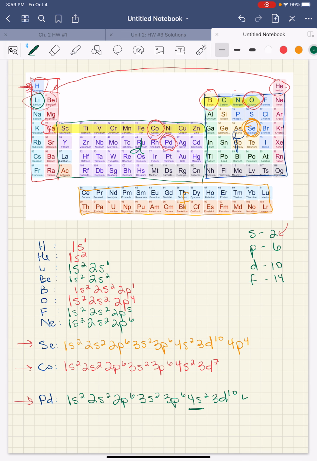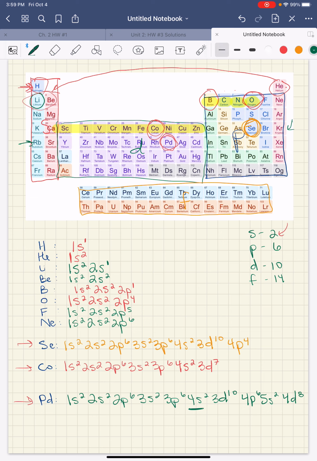After 3d, we're at 4p, and we're going to have to go to the end of that row. So we're here at krypton. Okay, now we're right here in 5s, and we're going to have to keep moving past 5s. And now we are in the same row as palladium. So this is 4d, and let's see how far we have to go over. 1, 2, 3, 4, 5, 6, 7, 8. So that is going to be 4d8